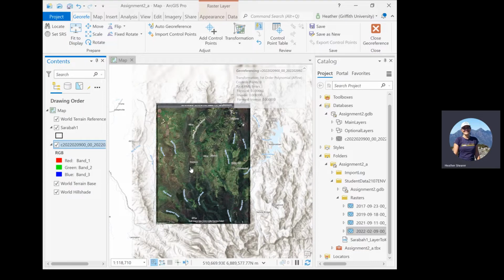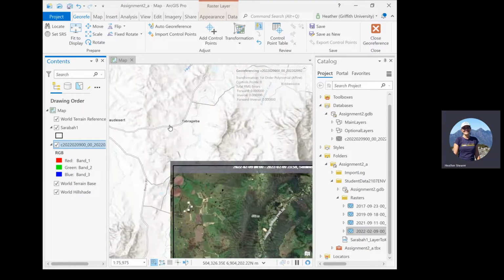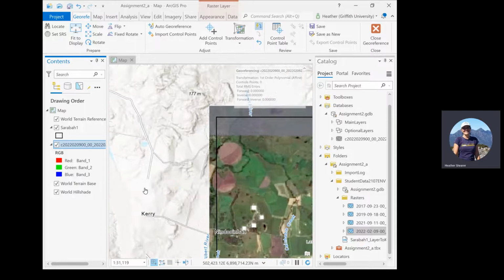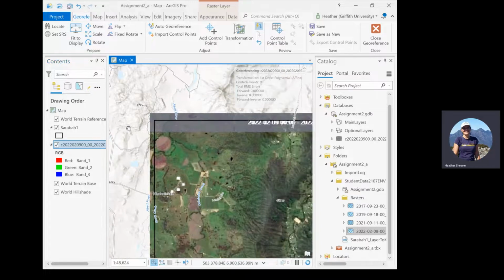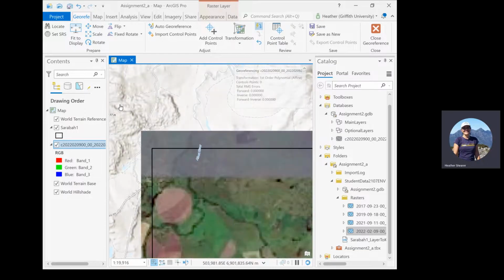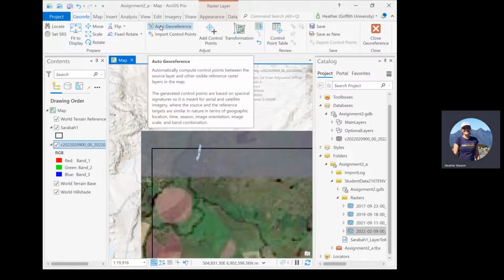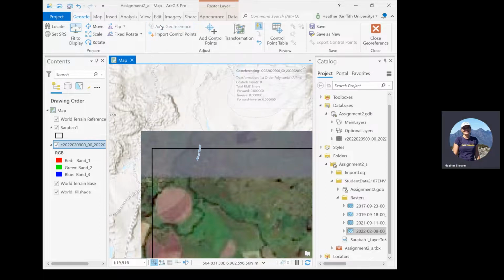And you will see, if I just zoom out a bit, it's more or less fitted to display okay, but it's still out a bit. So what you need to do now is make this exactly correct. With georeferencing, now this is an easy georeferencing. Sometimes you've got to do it more complicated. But what you need to do for this is start on the corners. If I zoom right in, I could try auto georeference and see if it works, but nothing happened. So what we need to do is just make sure